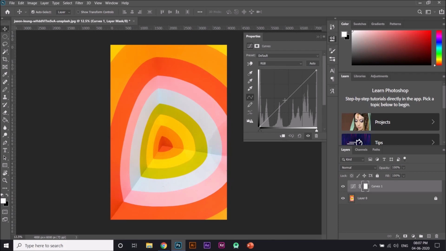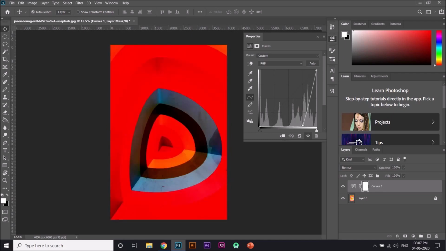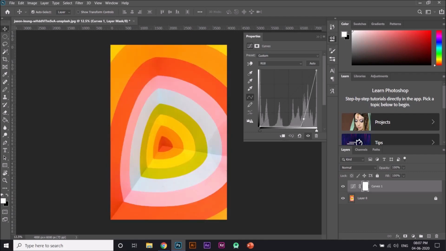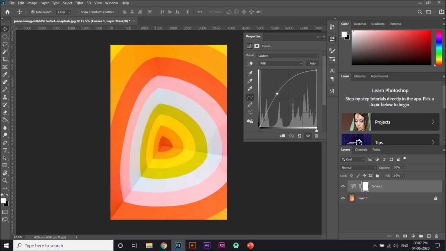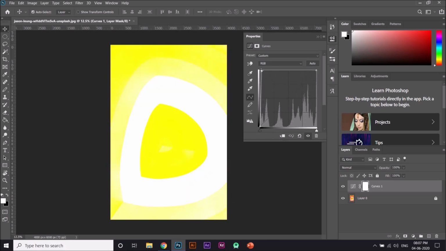Here, whenever you drag this curve down like this, it increases the darkness of the image, and when I keep this above, it increases the brightness like this.